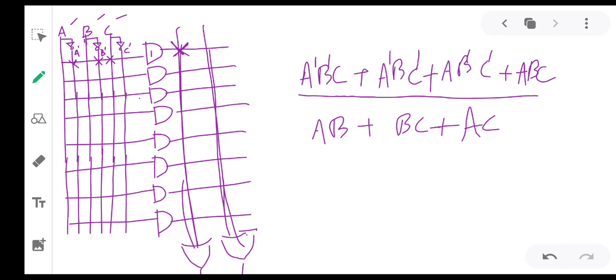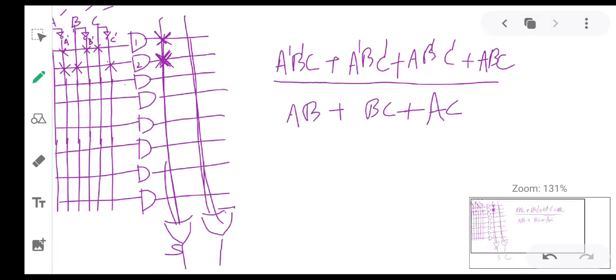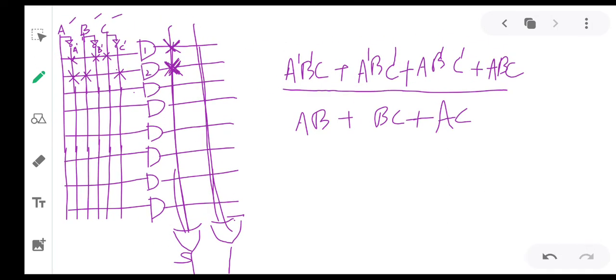Then what about the next one? A bar, B, C bar. So A bar, then B, then C bar. So that is the second product term, and that is also required for sum, right? Therefore, since this is the expression for sum, that product term is required.